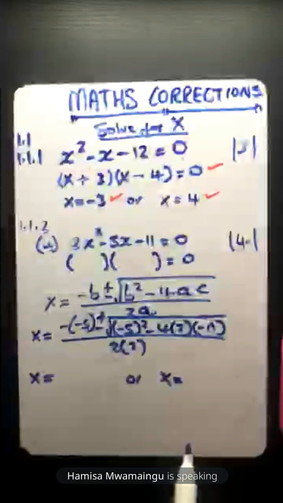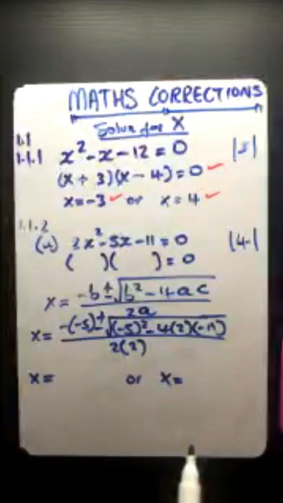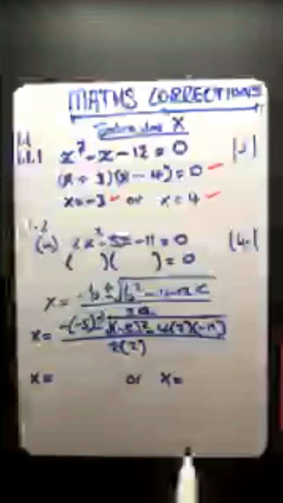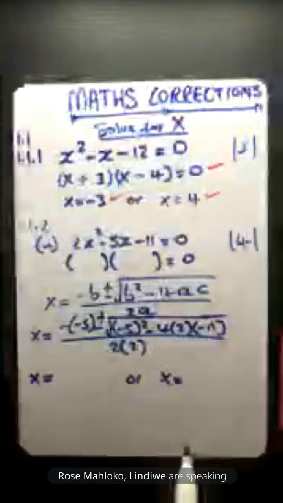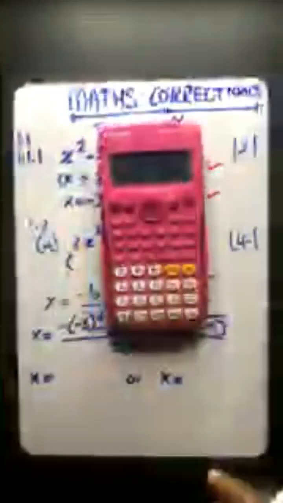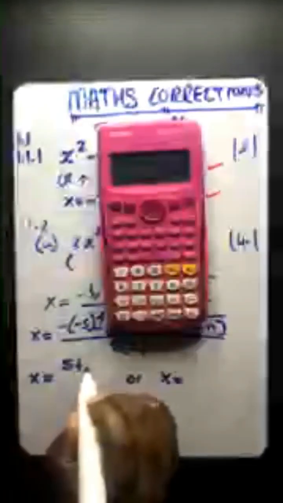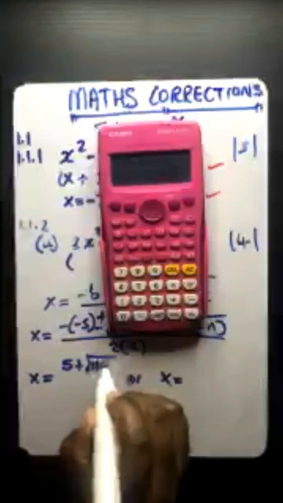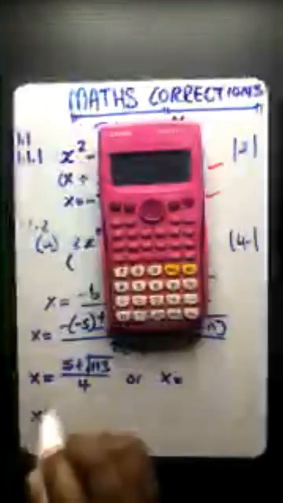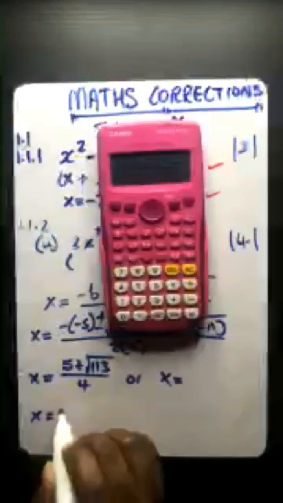3.91. Someone is getting 3.91. Is it everyone who's getting 3.91? Yes, sir. Okay, but most importantly, remember that if it gives you a fraction, write it firstly as that, 113 over 4. And then from there, that's when you can convert it to a decimal, because you might find that this is actually allocated a mark. Then you are having